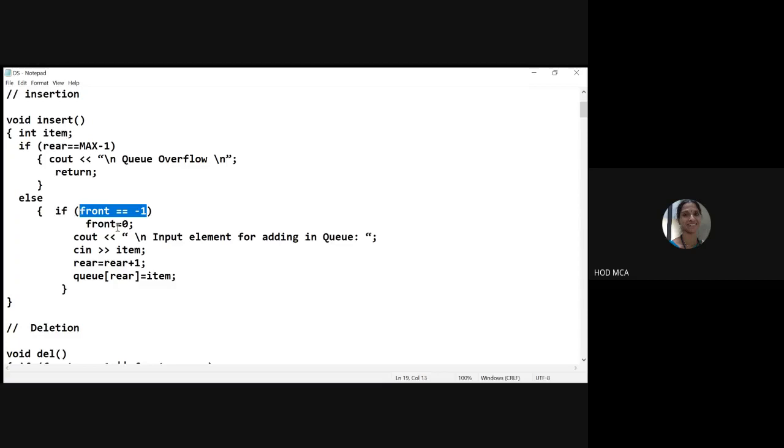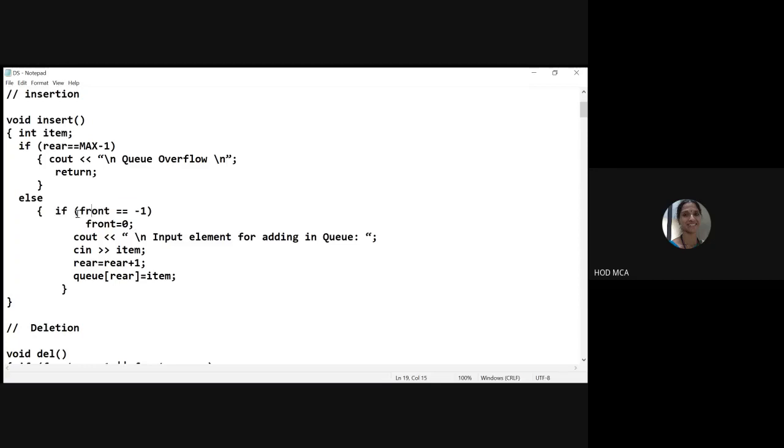What we have to do when you want to insert the first element is increment both the front as well as the rear, correct? But how do I get to know that I'm going to insert my first element or the queue is empty? Only when front is equal to -1, you get to know that the queue is empty.